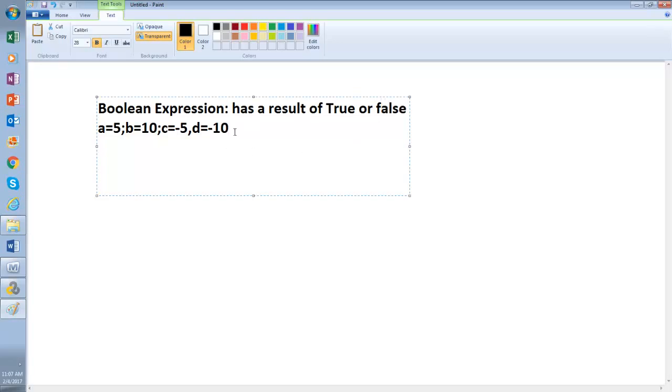Now, let's say result equals C greater than D and B less than A. So what will be the result?